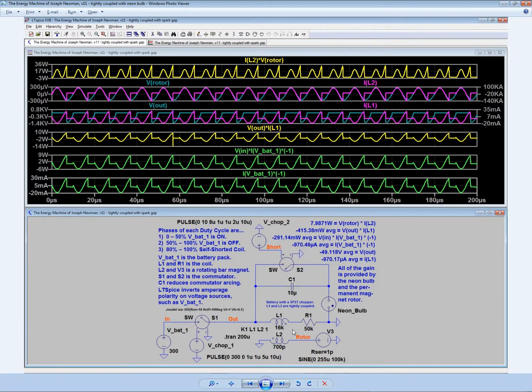So we can always add these extras, a neon bulb, increase the frequency, which Newman did suggest, by adding more divisions to the commutator. In fact, Tesla has a patent in which he uses a generator that he designed to run at 150 cycles per second and higher by using a disc that had striations on either side of it, and that was a magnetizable iron disc, and that served as the substitute for his iron core to his transformer, because that was the core. And then he had two pancake coils on either side, and the windings of that pancake coil duplicated the number of striations to the disc,